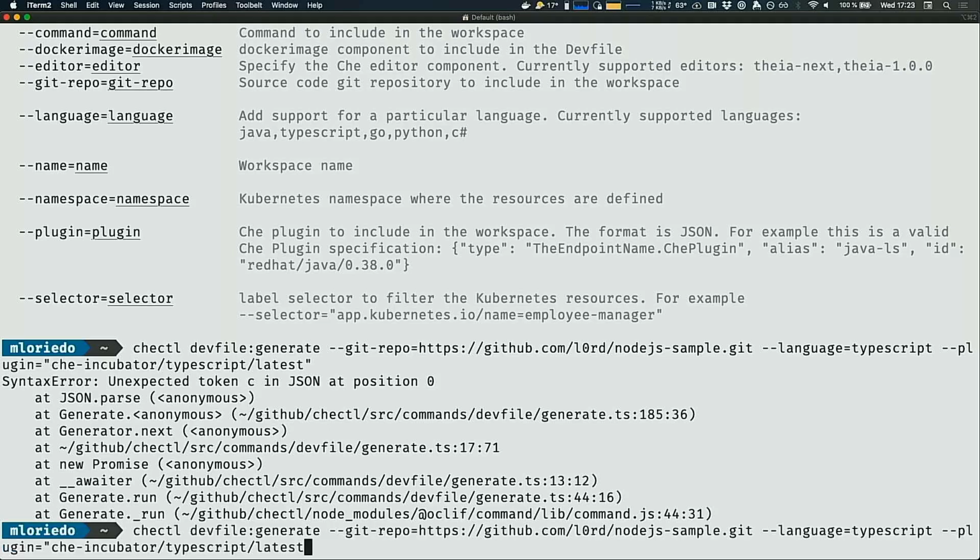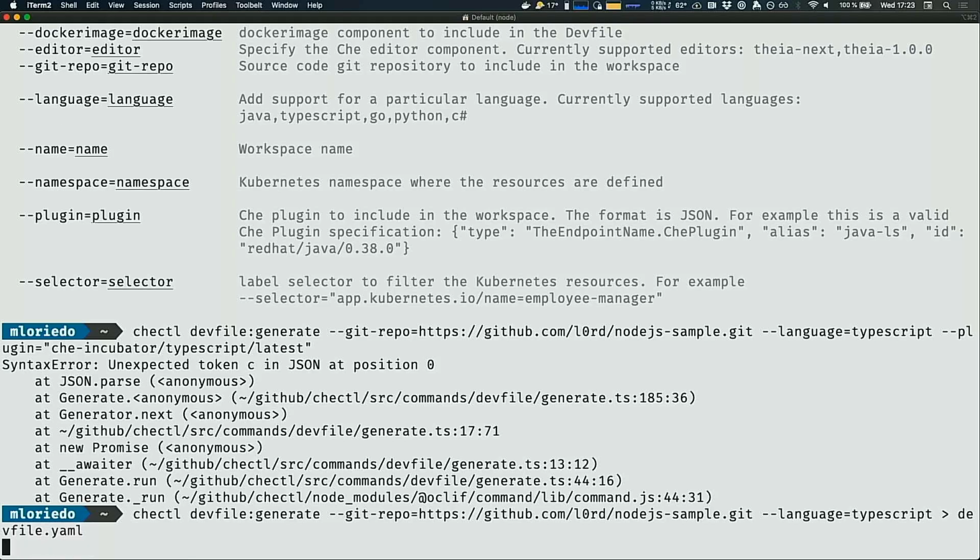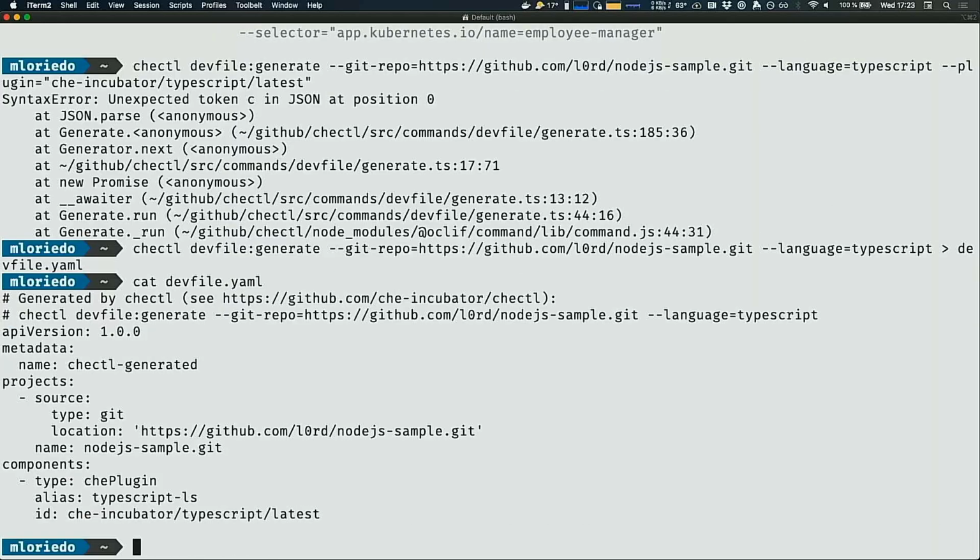So let's just use it without a plugin. And what we'll do is create a dev file YAML. And the dev file YAML will actually have just this.